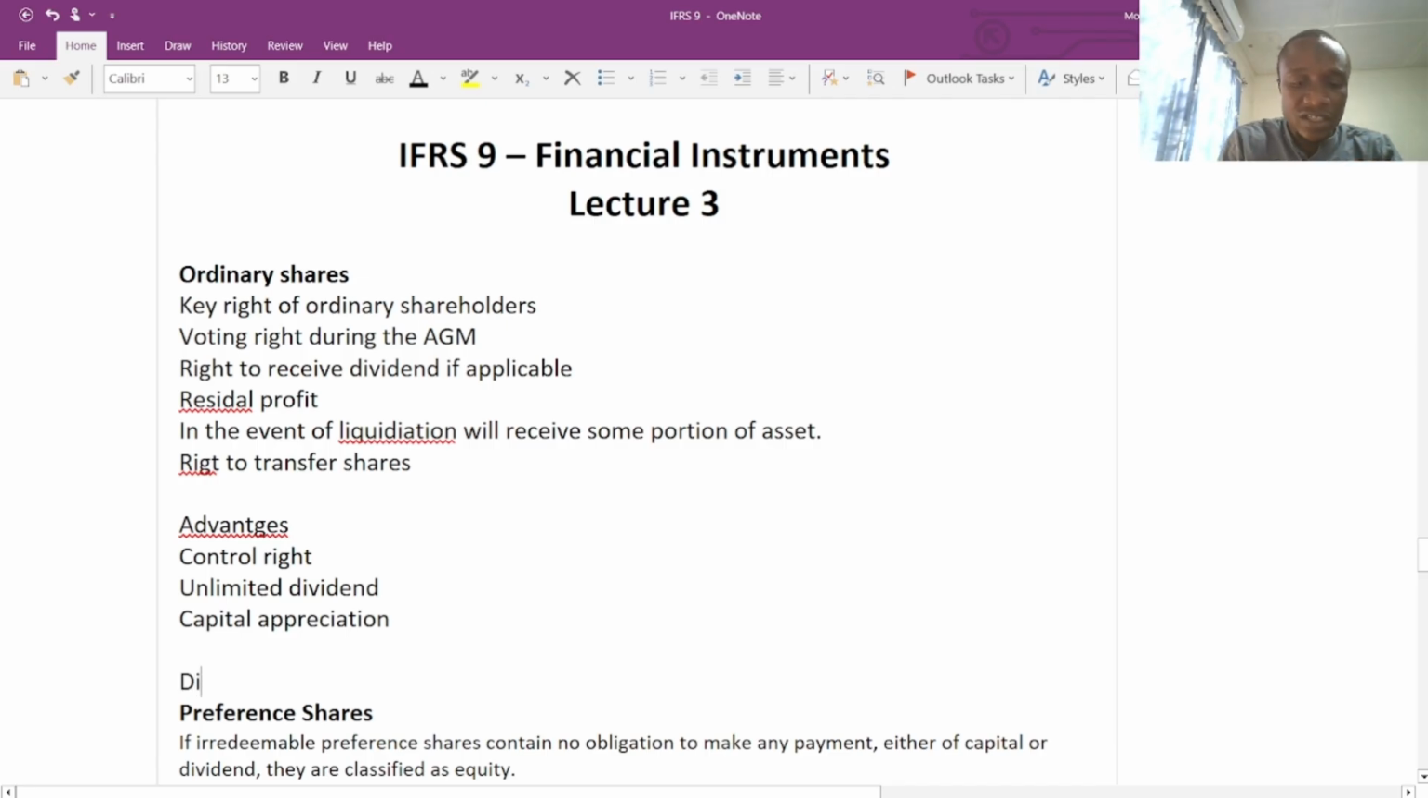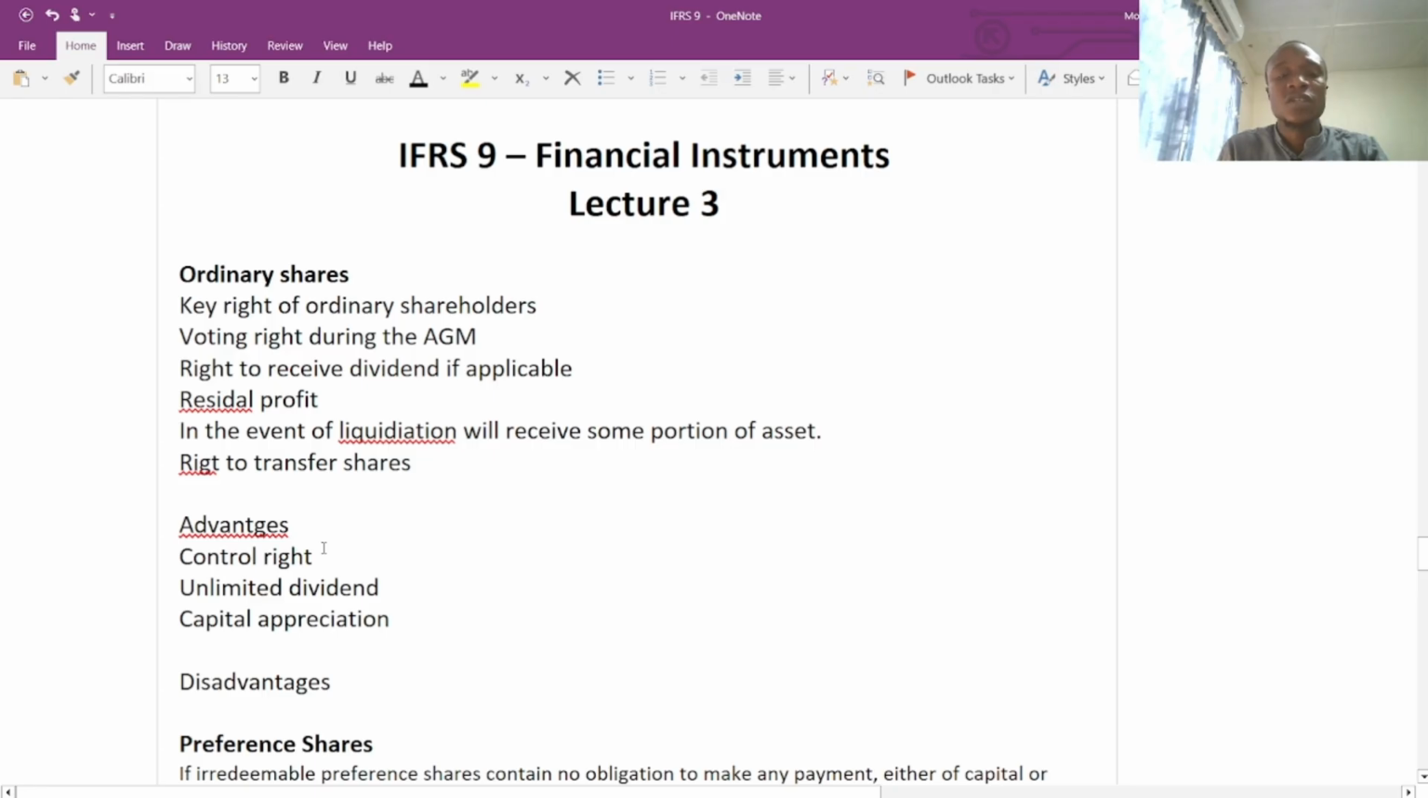Now let's look at the disadvantages of being ordinary shareholders. One of the disadvantages, dividend is uncertain. When you are going to look at